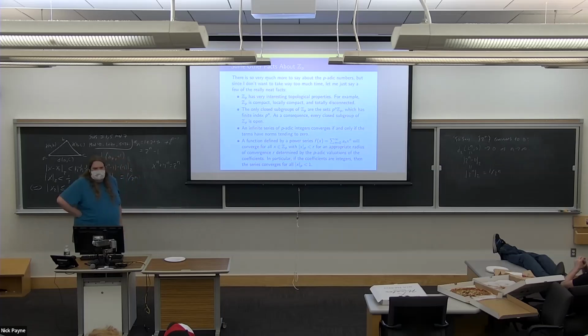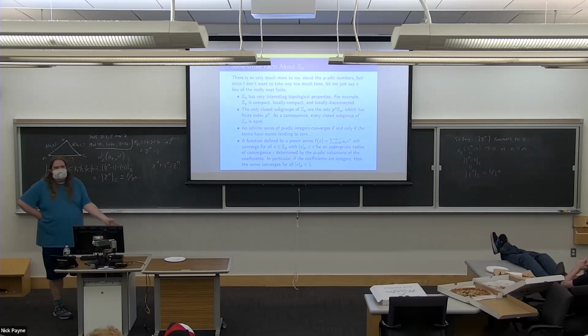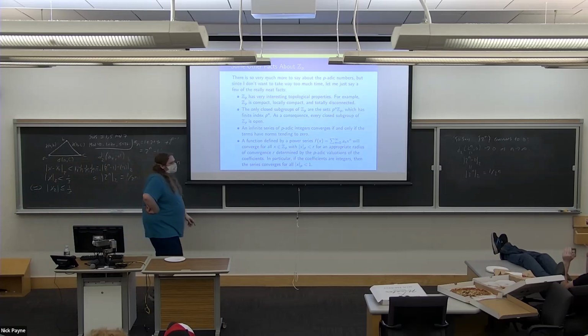The only closed subgroups are sort of p^n times the thing. So like Z mod p, pZ, the multiples of p, multiples of p squared. They have finite index. And so as a consequence, every closed subgroup is open. Closed things are open, lots of open things are closed. Weird. We love topology, but here, let me give you a nice easy one.